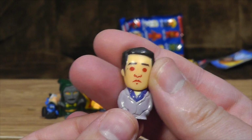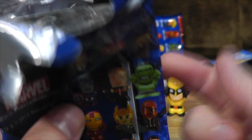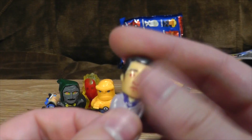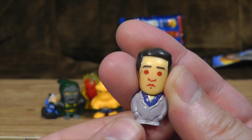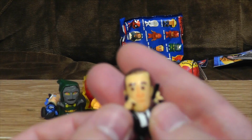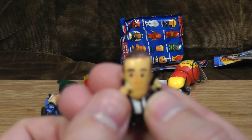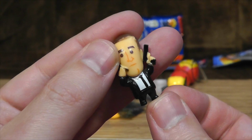Bruce Banner, maybe? Does it have shiny light? I think it must be, yeah. There we are. Thanks, cardboard. It's like a sort of red-eyed Bruce... What? Mark Ruffalo, what did you do to upset these people? Good grief. And here we are, old Agent Coulson, Clark Gregg in action there, talking to his little phone whilst holding a thing, and his body is all...